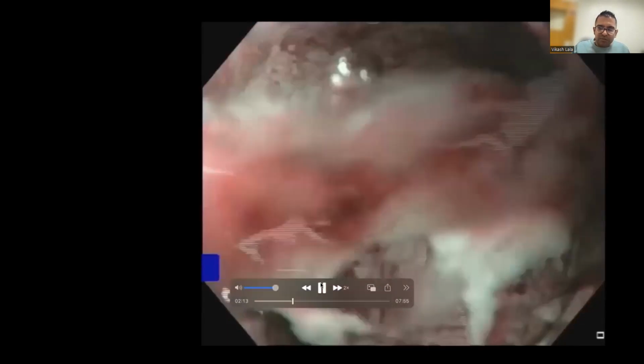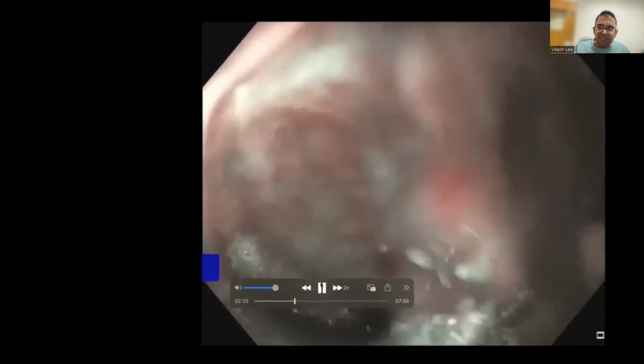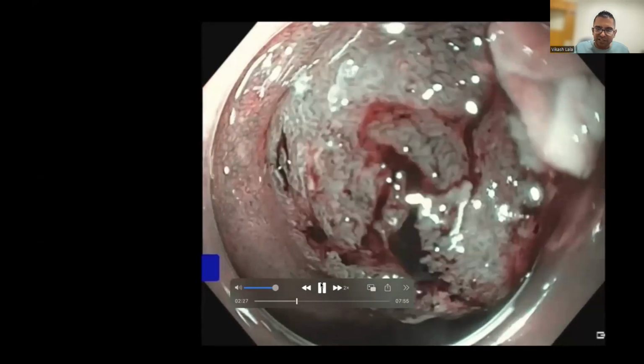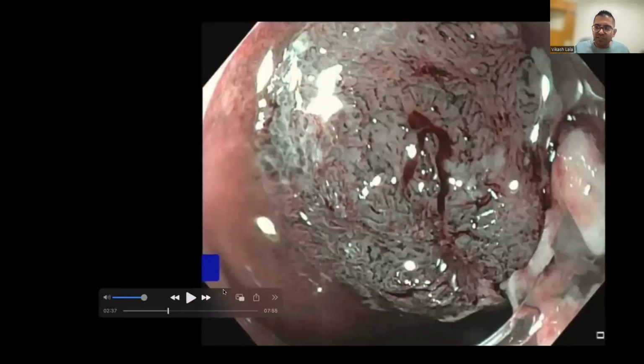So a lot of overlying fibrin on this lesion, a bit of mucus. And yes, once you traumatize a lesion and it starts bleeding, it is difficult to assess it in NBI because remember, NBI enhances everything that's red and the fluid in the blood tends to be very annoying. So there you beautifully see it, okay?